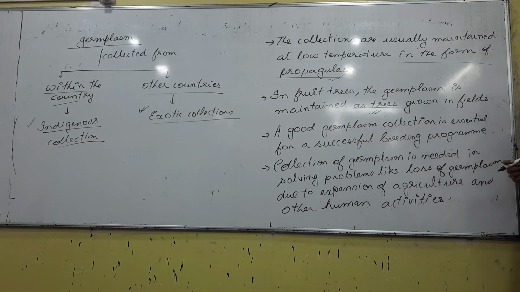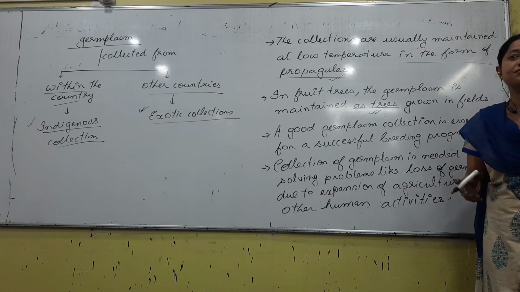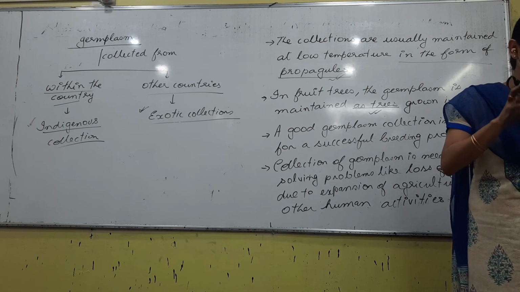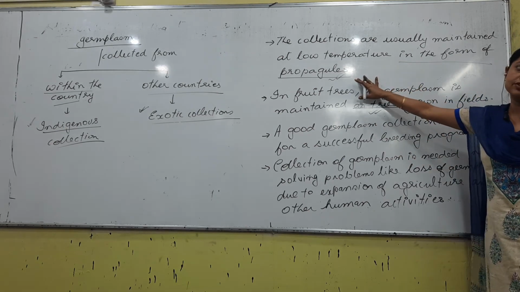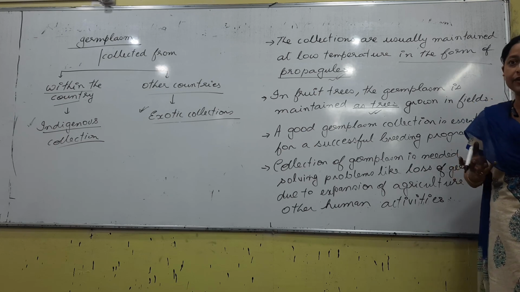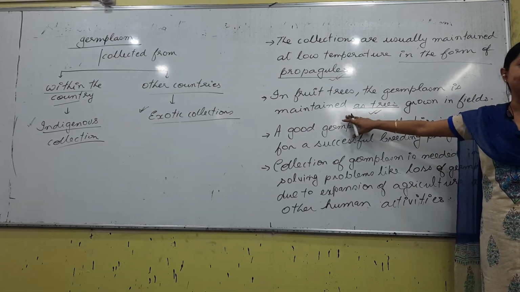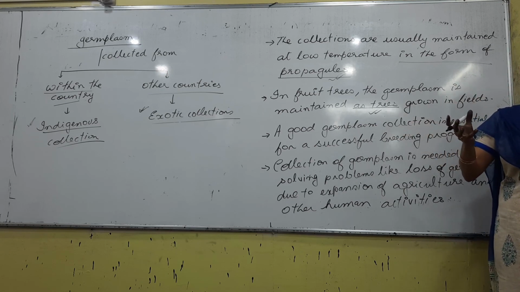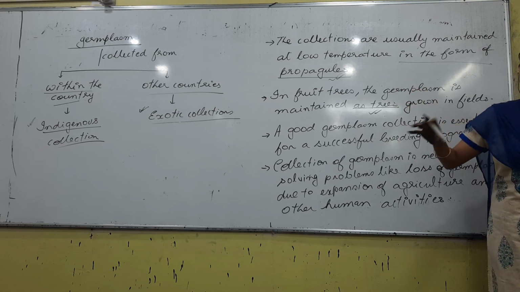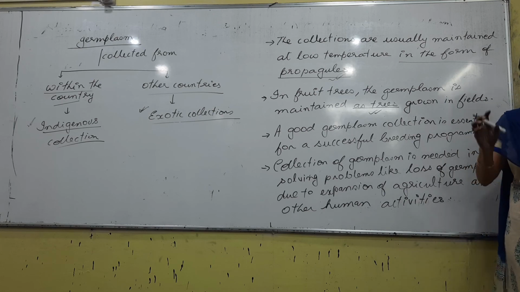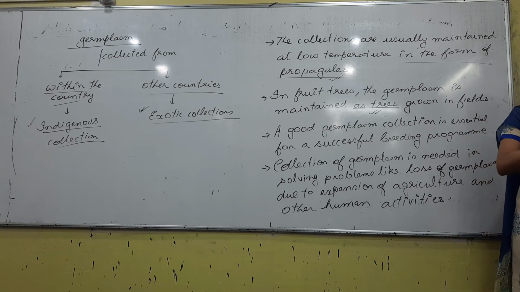I think you have heard something called vegetative propagation, right? Propagation means reproduction, right? Vegetative propagation, reproducing from small parts. So generally small parts, and that is what is called propagules. Now, whenever we are talking about collection, it is not necessarily possible in each case to collect the propagule. Sometimes, especially in case of fruit trees, the plant is collected. So these two lines tell us about the process of collection. Either you go for the collection of a propagule or a small part, or sometimes the plant itself and you grow it in a particular area, right?